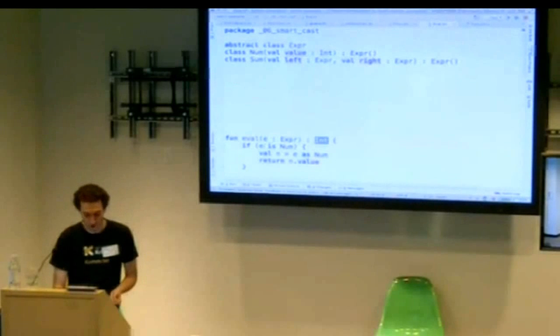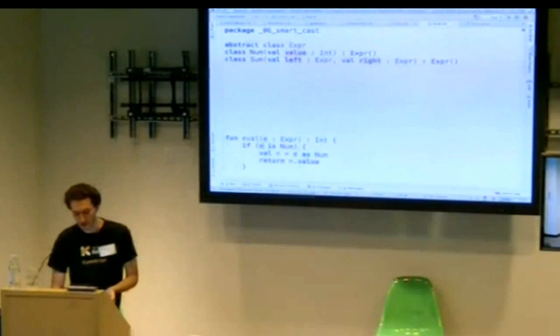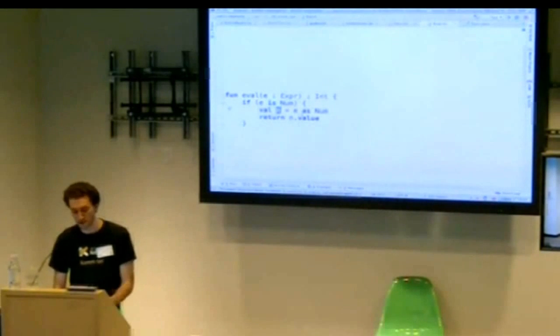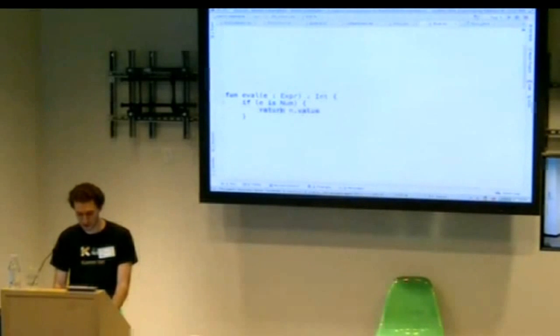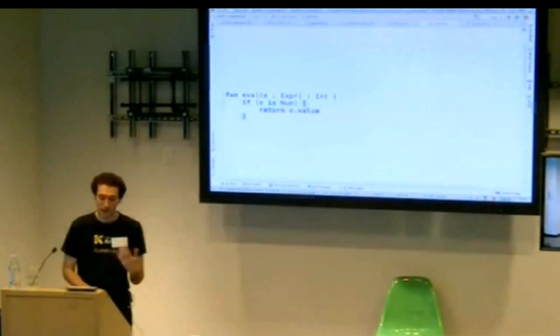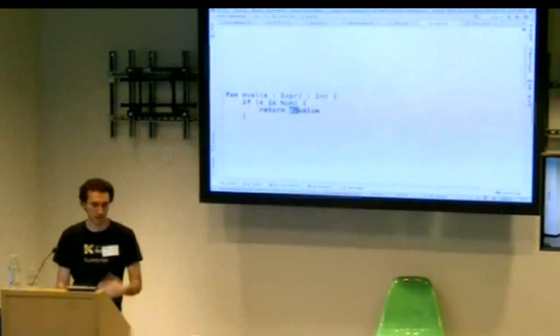And I check if e is a num, so it is just an instance-of check. If e is a number, then we create a new variable, we cast, and we call what we want on that variable. Well, this is really annoying, so I'm not doing this. In Kotlin, what I do is just this. The compiler is smart enough to figure out that we have checked for this num here, and we can now use the variable as if it was